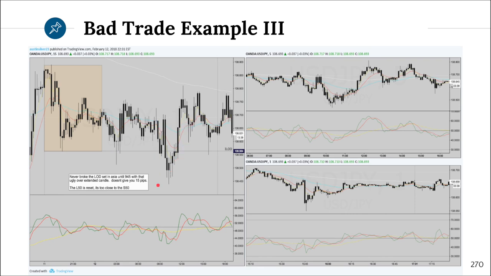It pushes out of the box, induces you to get short, and then returns right back in and stops you out. The reason for that, and you can identify that by not trading within the initial high and initial low and seeing that the TDI is telling you we're in reset, is that the liquid 50 is not trending. You would want to see it much lower, much more down near 40, 44, or if you're buying, near 56, 60, something like that.